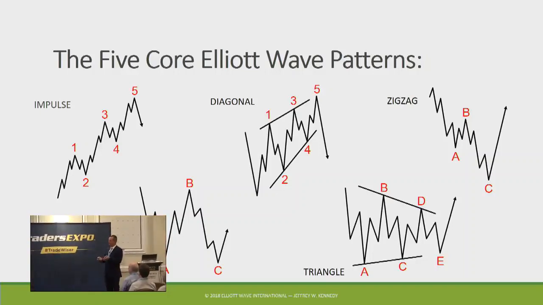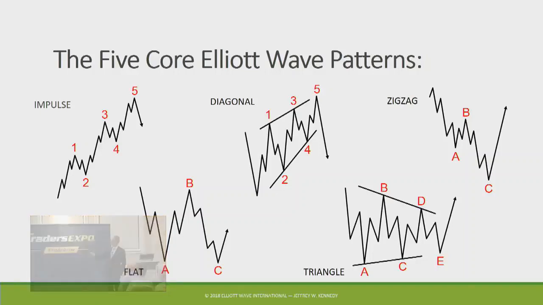Now going back to the two types of motive wave patterns, you have the impulse wave here, then you have the diagonal. Then we move on to the corrective wave patterns, and we have the zigzag, the flat, and the triangle. So you've got 5 core patterns. Again, everything else that we know of the wave principle originates from these 5 core patterns. Now these patterns do have some variations and complexities. For example, 2 types of variations to a flat pattern would be the expanded flat and or running flat. So it does get a little more complex, but as far as the basics,